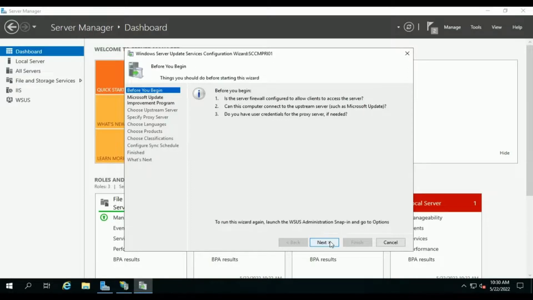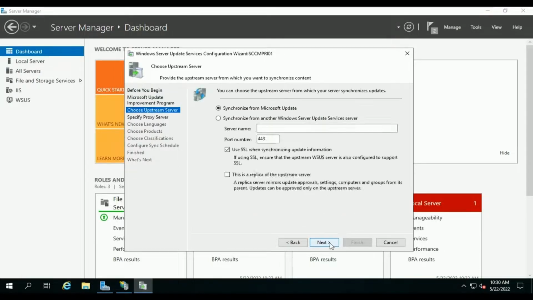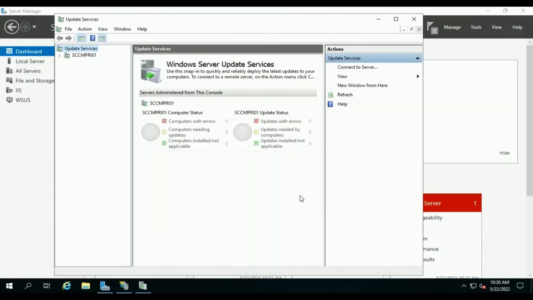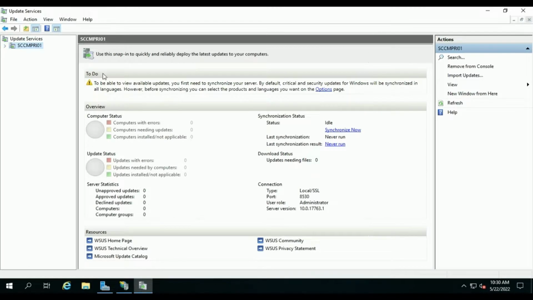Just click on next, then next again, and close the console by clicking on cancel. We will configure the schedule, upstream server details, and products and categories from the software update point console in a later video. So in that video we can see what products and categories we choose to update our environment.